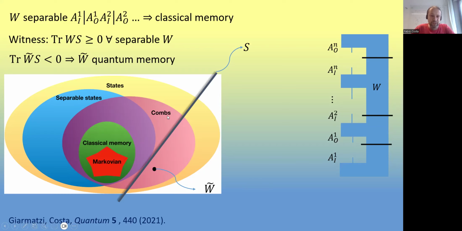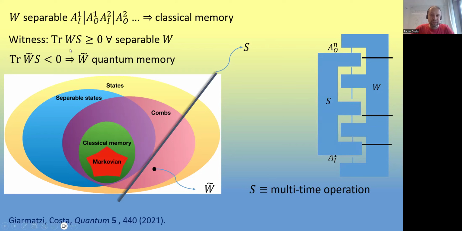So this is not an if and only if. You see that there is this line, and so you can also have processes that have a quantum memory that falls on the other side of this line. And then it's, of course, a general question from entanglement theory how to optimize your witness to detect entanglement, in this case, quantum memory, for a particular operator. Now, this is a mathematical definition of witness. However,